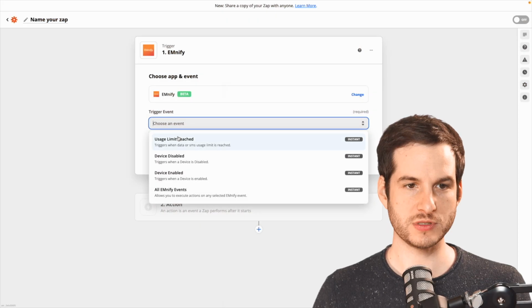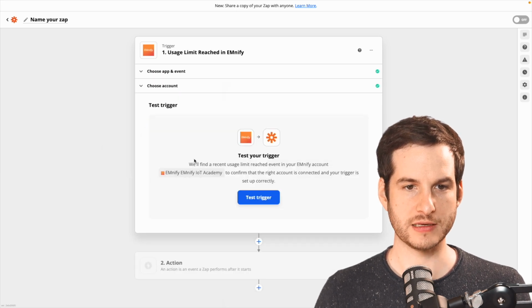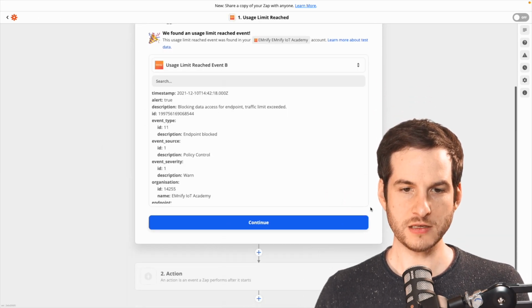Communication can also go in the other direction. For example, if a customer's device has reached its usage limit, it can add a task to the CRM system, helping the customer success team reach out to that customer and see what's going on, and perhaps help them increase their usage limit. There are so many different things that can be done with Zapier that I couldn't fit them